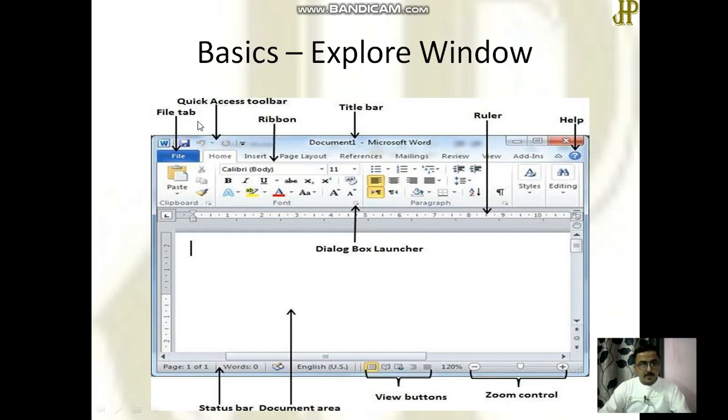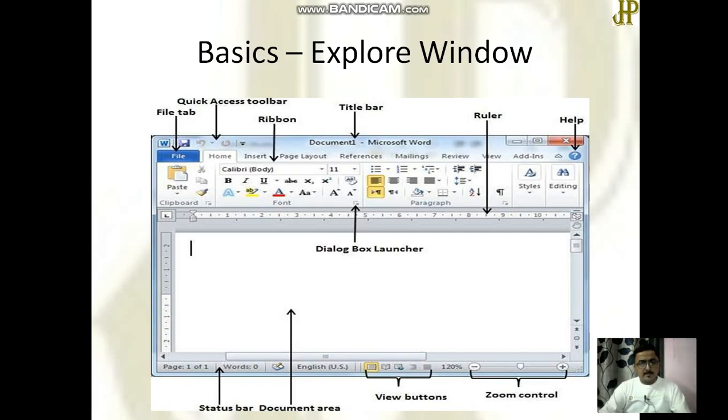So start with the introduction. There will be a File tab in 2003 version, but 2007 onwards there will be an icon through which these properties of files can be seen.